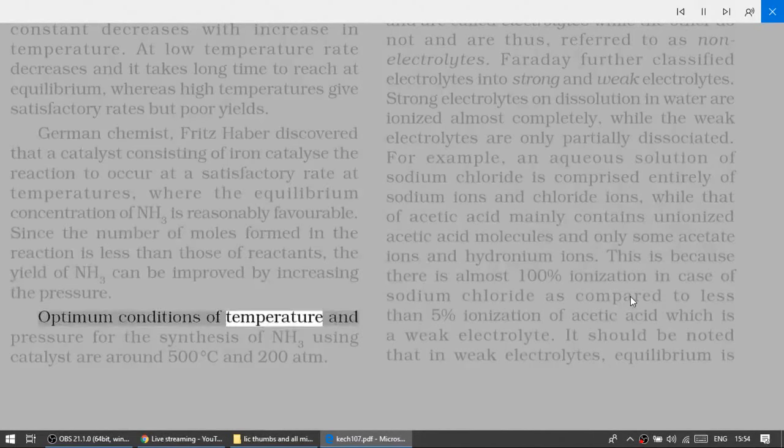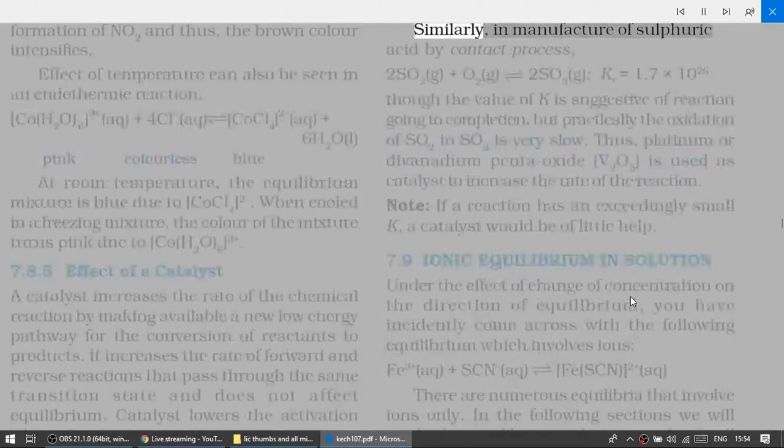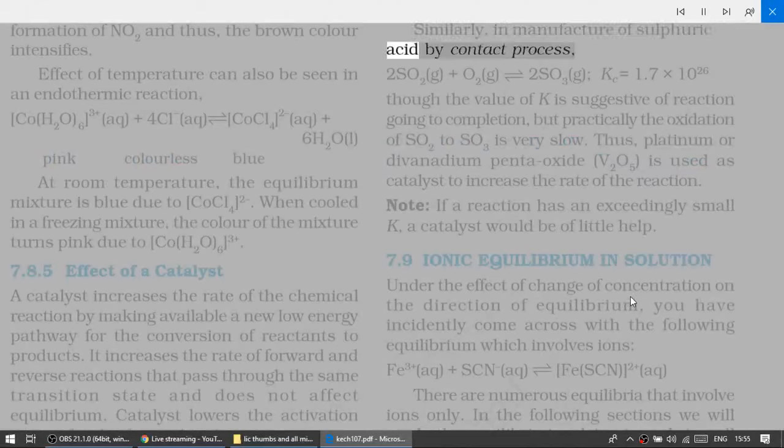Optimum conditions of temperature and pressure for the synthesis of NH3 using catalyst are around 500 degrees Celsius and 200 atm. Similarly, in the manufacture of sulfuric acid by the contact process, 2SO2(g) + O2(g) ⇌ 2SO3(g), Kc is equal to 1.7 times